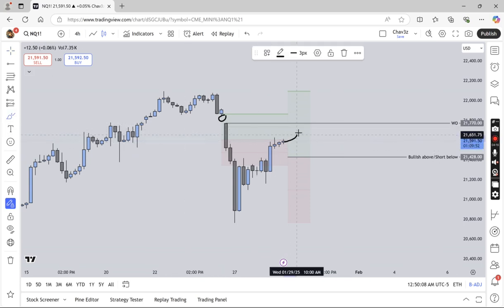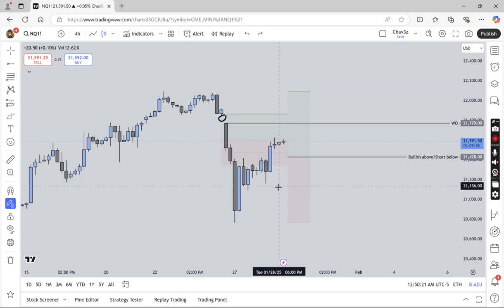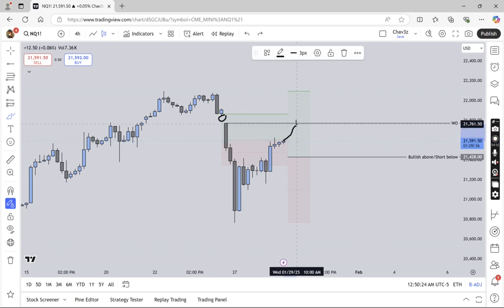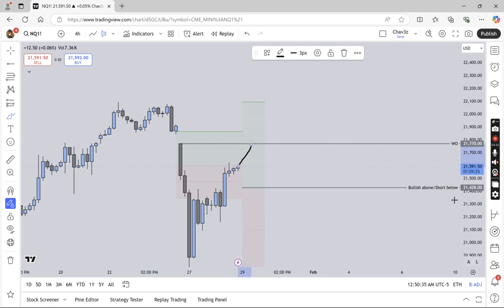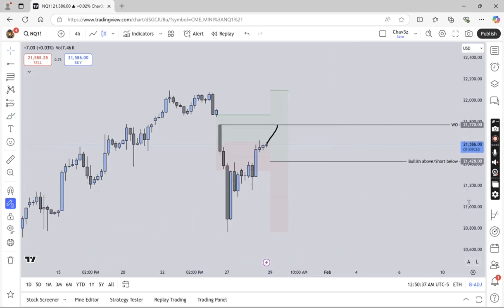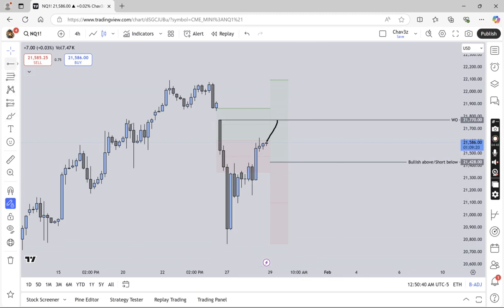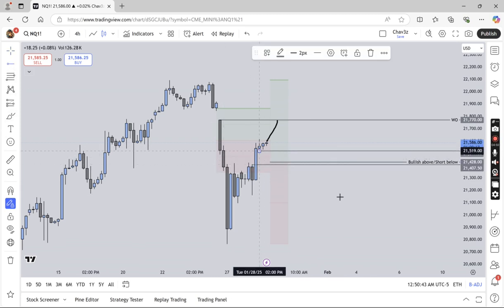So for now, one of the ways I believe we're going to head is, overnight, and it's already about to be 1. Oh, it's about to be 12, sorry, it's central. Overnight, I want to see us come up and attack weekly open. That's going to be one of the scenarios. So one scenario we have already is attack weekly open. That's one. And if we want to look for reasons to be bullish, we have this 4 hour fair value gap that we created when we took out the key level.